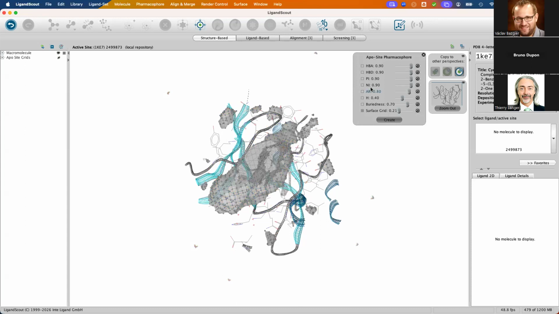And you can adjust with these sliders. You can play around to set thresholds for the features if you think that you don't want so many features. But the other way around, when you create, you can also set these defaults here. When you click now create,